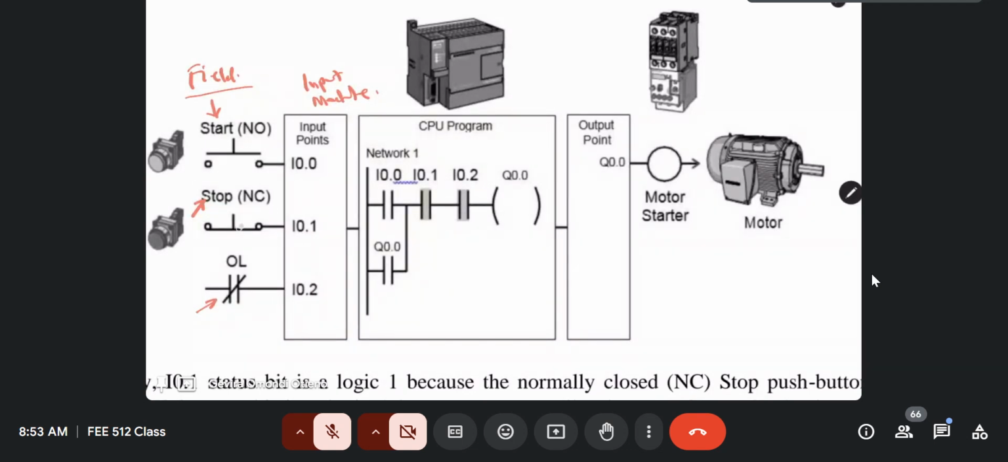The stop push button, we've said, is a normally closed contact because it's allowing current up until you press it, then it breaks the circuit. So we need to translate that to logic. To do that, we have to make it have the same address as a normally closed contact. So now you can see that in my diagram here, we have used a